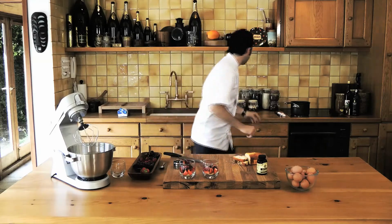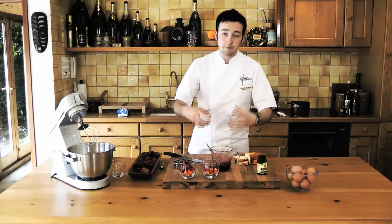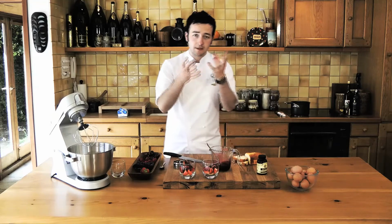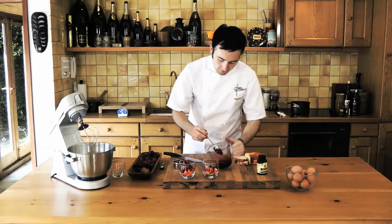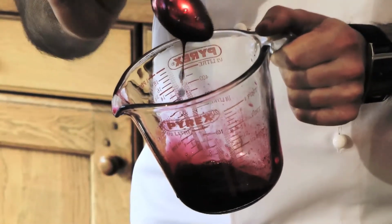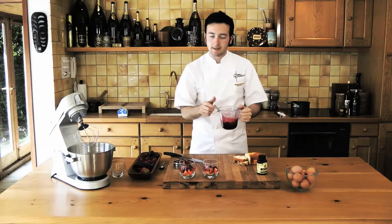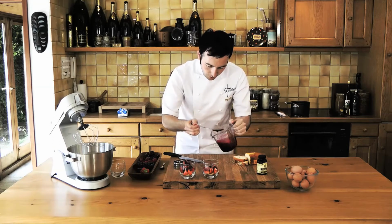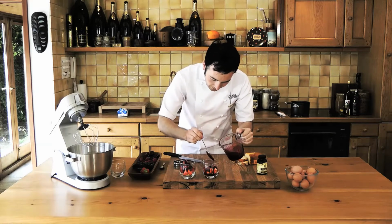And then what I've done is I've just taken the frozen berries, I've put them in a pan with some sugar, a little bit of water, and I've just reduced it all down so it's really, really concentrated, passed it through a sieve, added a touch of port, because port brings out the flavour really, really nicely. A little bit of the vanilla bean paste as well, so you get those little few specks around in the jelly, 2 litres of gelatin, and we're just going to pour that on,